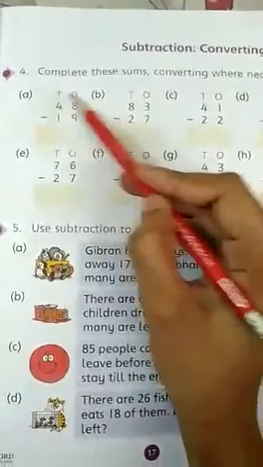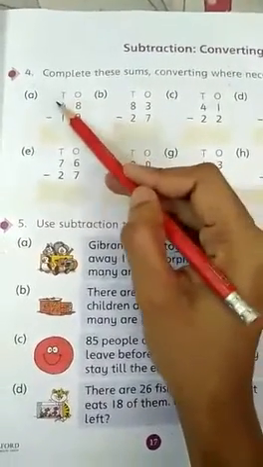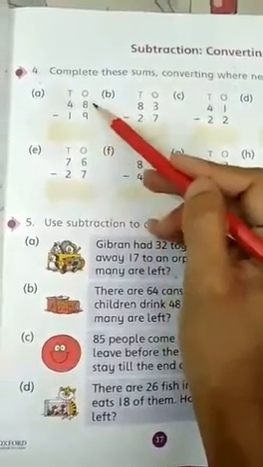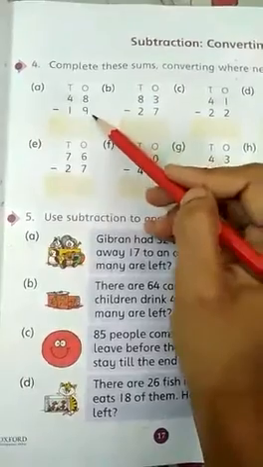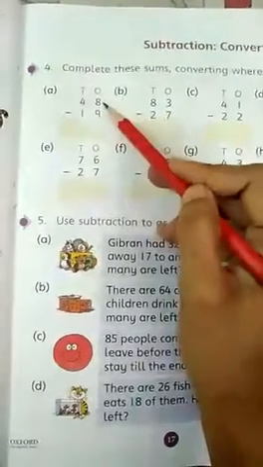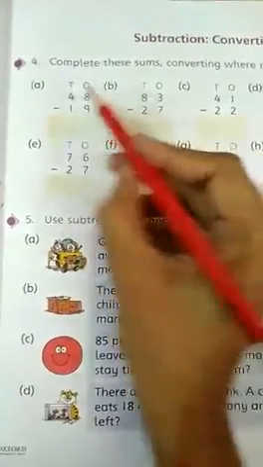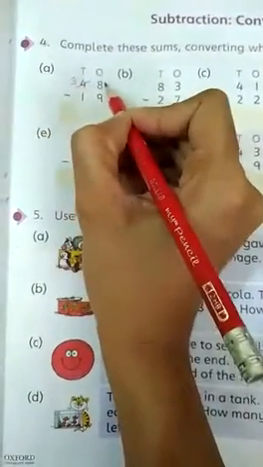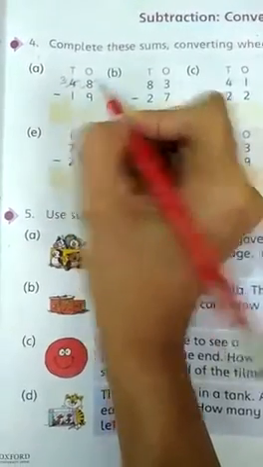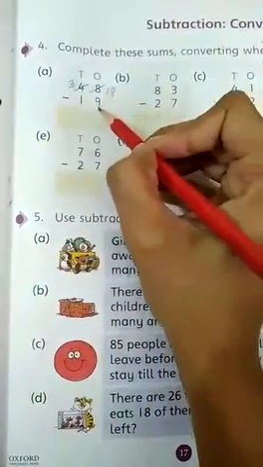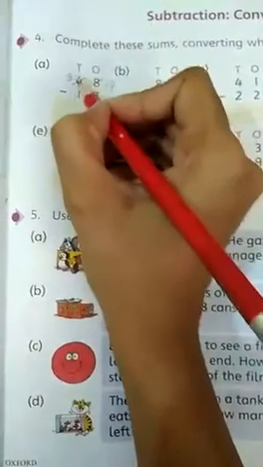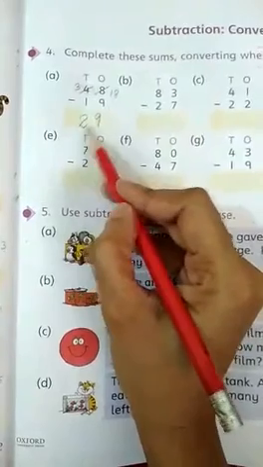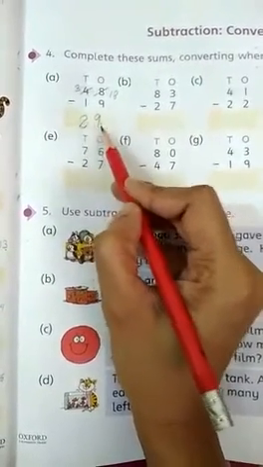So students, we have two sides, ones side and tens side. So let us subtract the ones side first. So we cannot subtract 9 ones from 8 ones. So we can borrow 1 from the 10's column. So when we borrow 1 from the 10's column, 4 becomes 3 and 8 becomes 18. So students, 18 minus 9 is equal to 9 and 3 minus 1 is equal to 2. So students, now we have 2 tens and 9 ones is equal to 29.